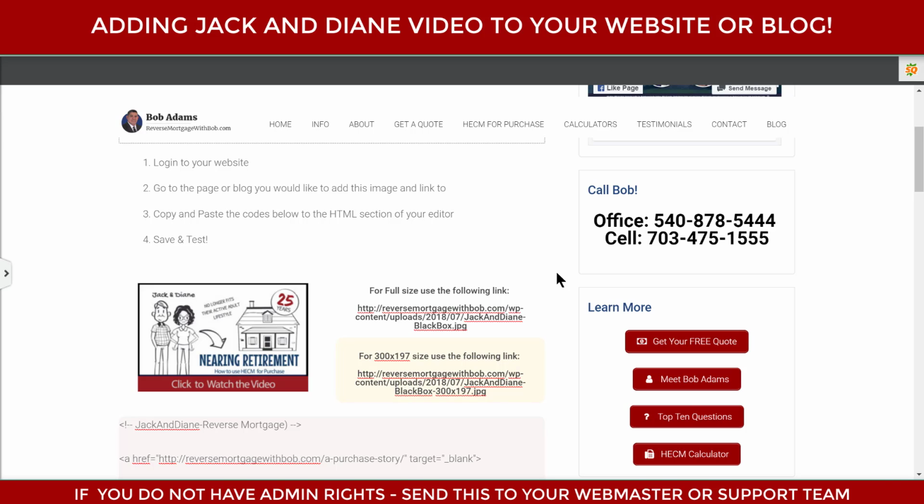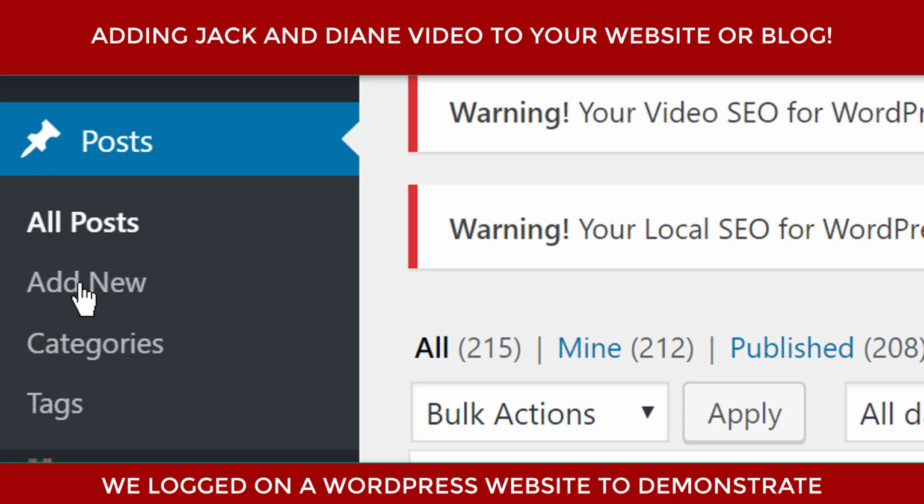You just have to make sure that you're in the HTML section of your editor. If you have a corporately provided website and you don't really have access to it, please forward this information to your webmaster and or your support group, and they'll be able to go ahead and do that for you. So I'm going to go in and just create a new post,